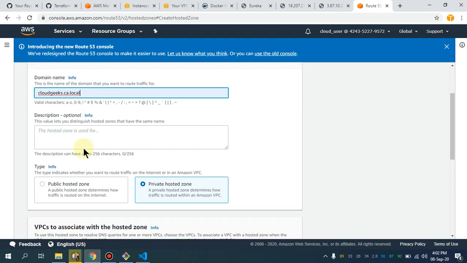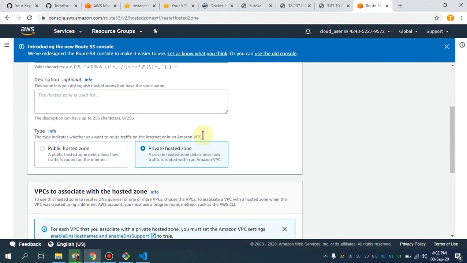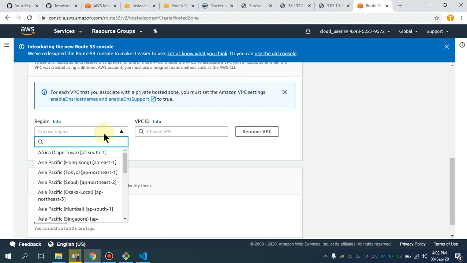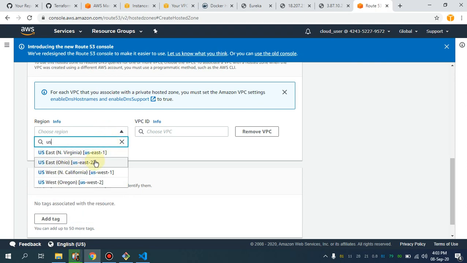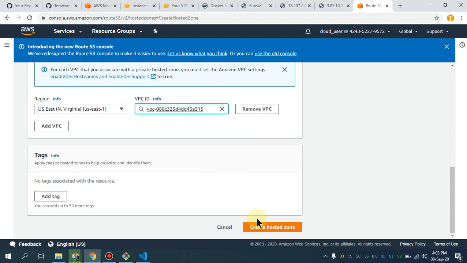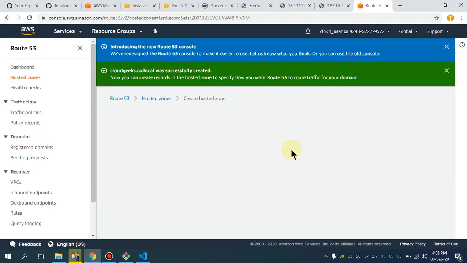This is the one I have provided in my settings. I have to create one A record. Before that, I'm going to give this setting US East 1, and the VPC is going to be our custom VPC, which we created through our Terraform, and I'm going to create this private hosted zone.